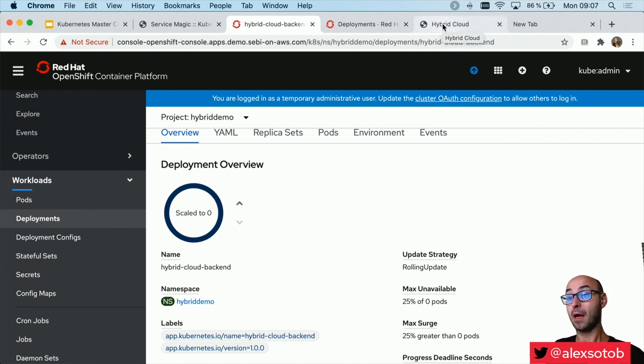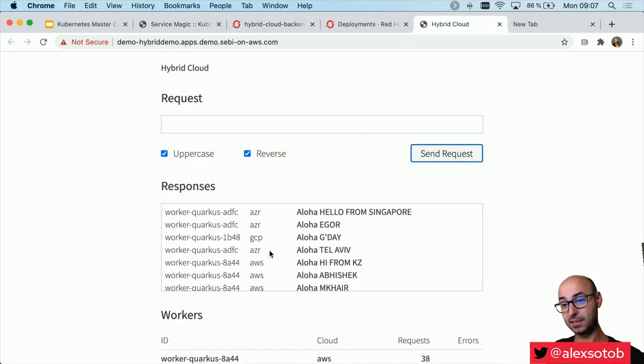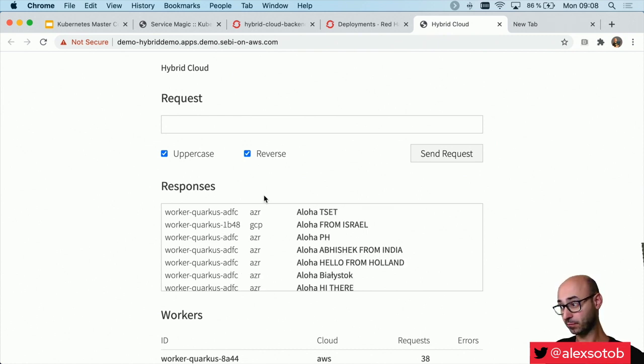Remember that now I've got a hybrid cloud demo, and notice how other people are moving to Azure or GCP. That's really cool, and this is something that you can easily do with Kubernetes. Notice that now all of you are going to Azure, and I've not done anything. It's just, you know, if you think about that, the magic happens, right? I have several clouds, Azure, GCP, and Amazon, and I'm deploying this in Kubernetes in the same way,